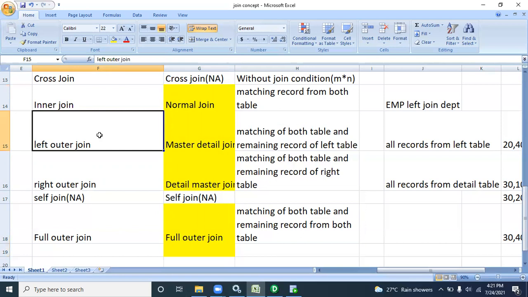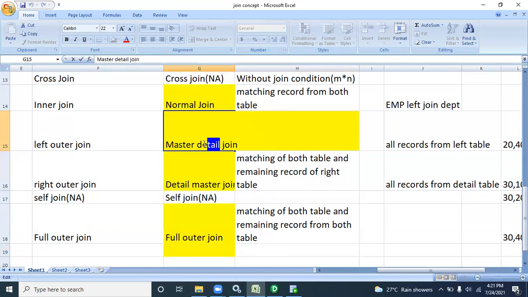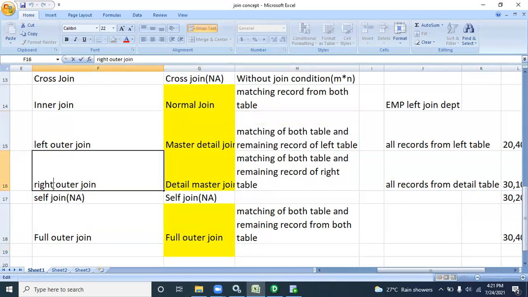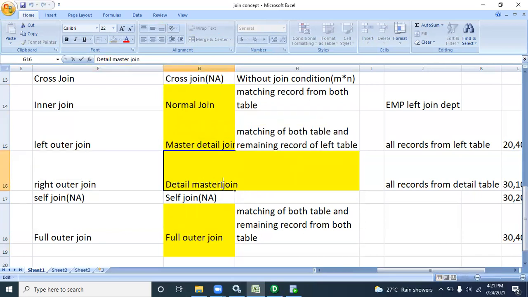The only difference is when the remaining records come into the picture. In left outer join, you get remaining records from the left table, but in master detail, you get remaining records from the detail table. In right outer join, you get remaining records from the right table, but in detail master join, you get remaining records from the master table. That is the only small difference. Apart from this, nothing else.